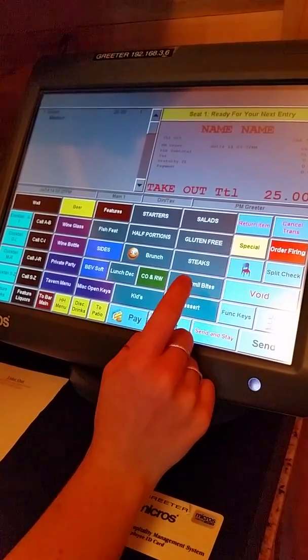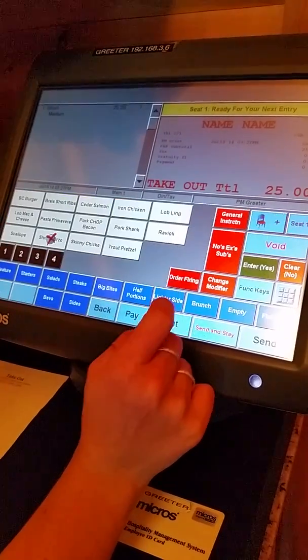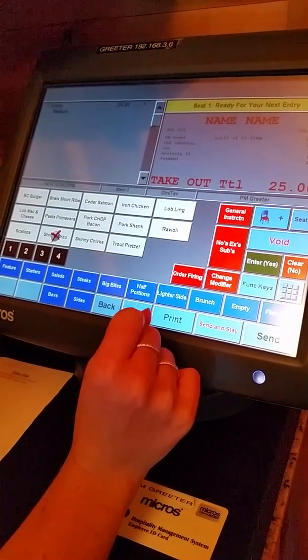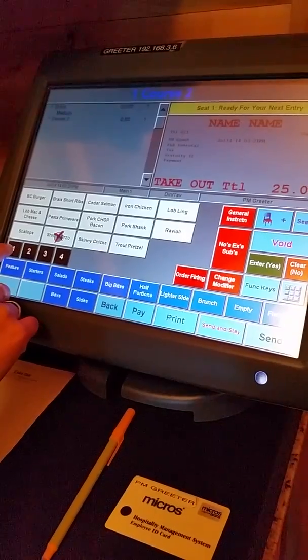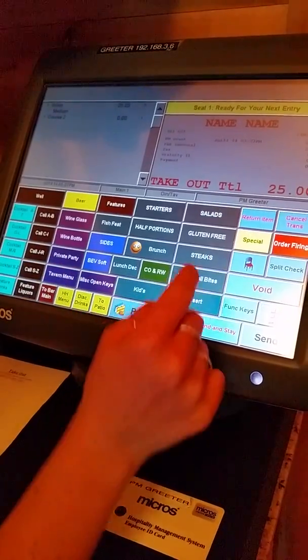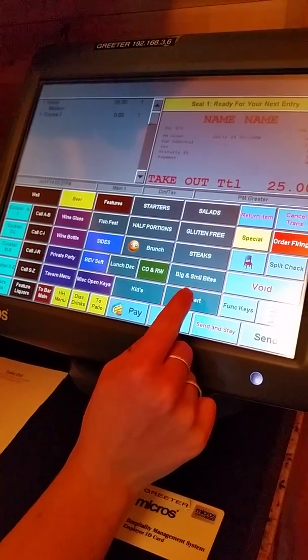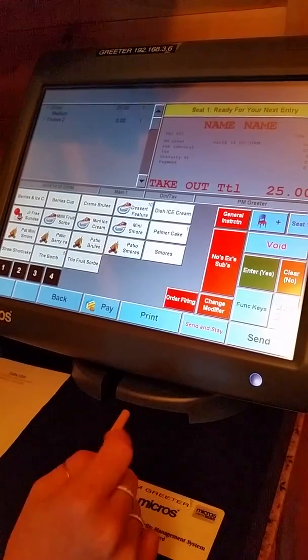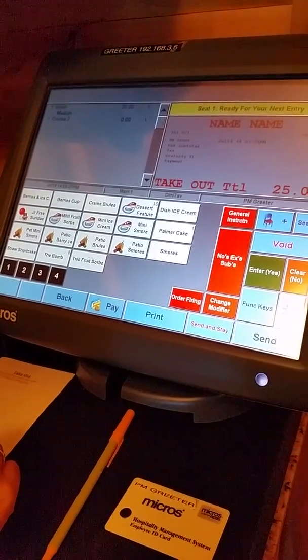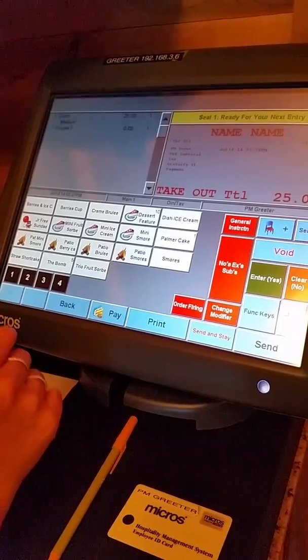Go back. Then you go to big and small bites. This is where all the other entrees are located. Also, there is a dessert button as well, which lists all the dessert options. Make sure that you are picking the correct